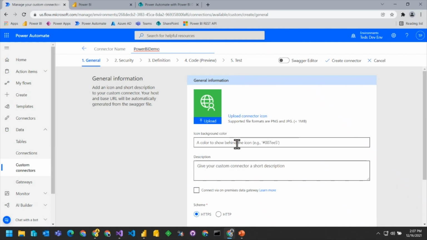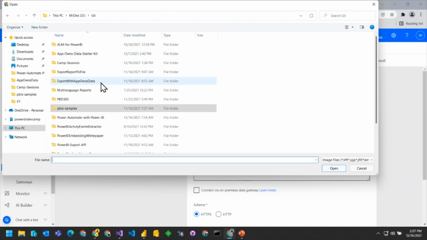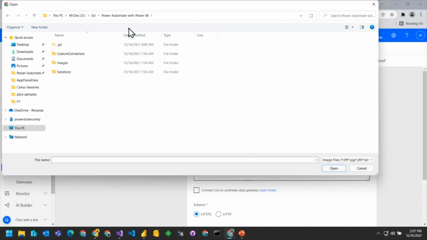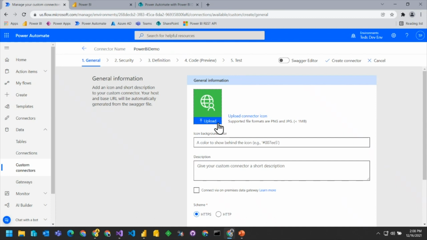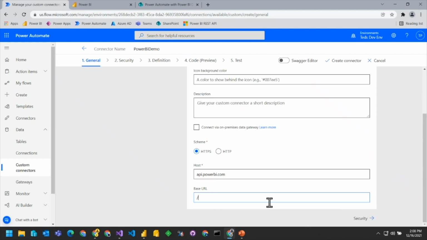And so now we get into this particular editor where I'm able to add things. One of the things that we're going to do here is upload an image. Here are the files that I have, I'm just going to grab an image here to upload. And then down here, we're going to say api.powerbi.com. Notice that we're going to leave it HTTPS. And then what is the base URL? It's v1.0/myorg/. So basically, all the API calls that we're going to call go through this path right here.